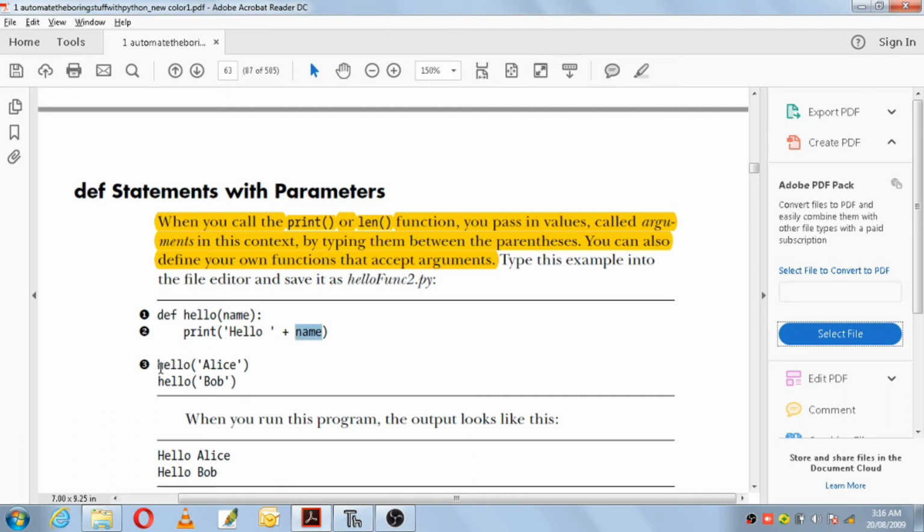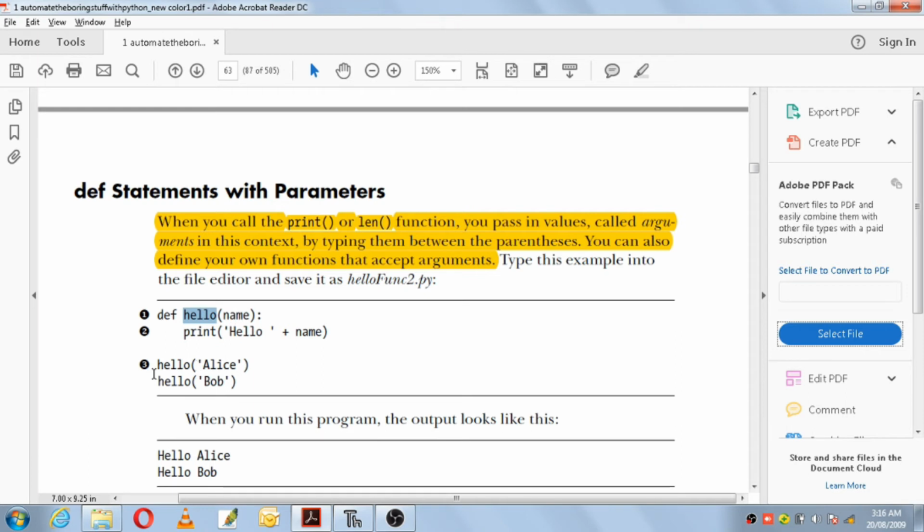Then you're calling this function hello by passing two arguments, Alice and Bob. If you call this function hello Alice, Alice is known as an argument, and the variable name that is used along with the function definition is known as a parameter.